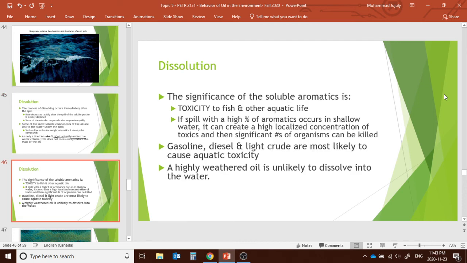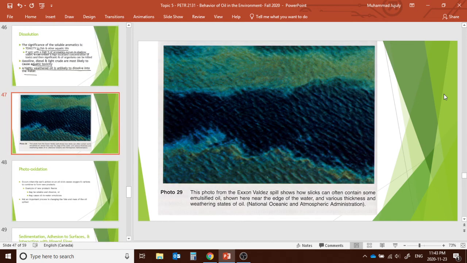The significance of soluble aromatics is the toxicity to fish and aquatic life, especially if a spill with a higher percentage of aromatics occurs in shallow water. Gasoline, diesel, and light crude oils are most likely to cause aquatic toxicity. A highly weathered oil is unlikely to dissolve in water. So, as you can see, the photo from Exxon Valdez,